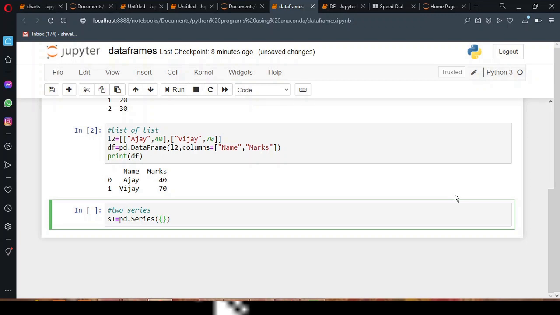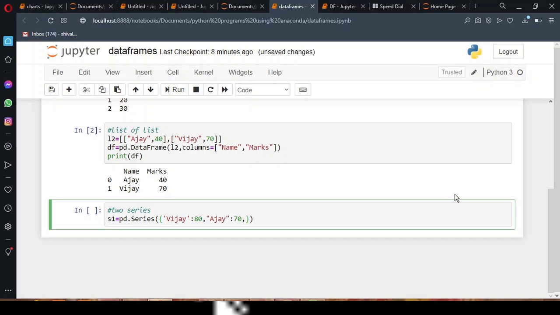For the dictionary, the first key I am taking as the student name, and the value for this key is the marks of the student. As you know, our dictionary has key-value pairs.